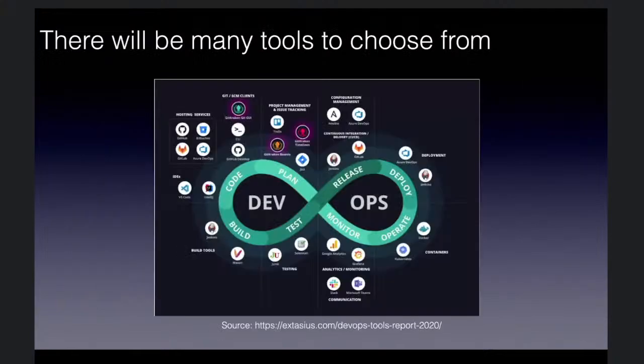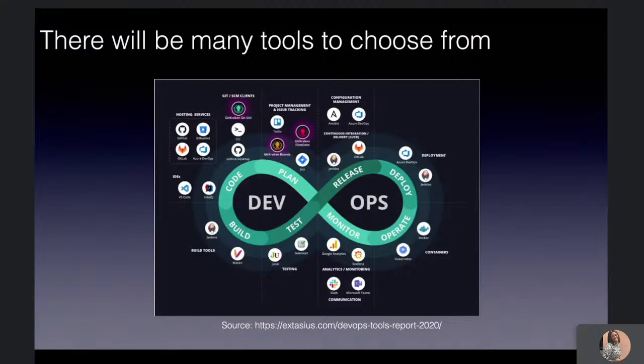Yeah, so you can see my infinity symbol again, and you can see a host of tools. There are many. I just gave you some of the common ones, but typically you have plenty of DevOps tools to choose from. And the bulk of your work is just analyzing: which stage are we in? What is the budget of my company? Which tools can we afford? Should we go open source? Which one fits our problem the most?